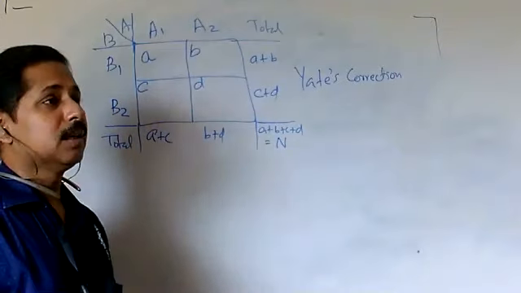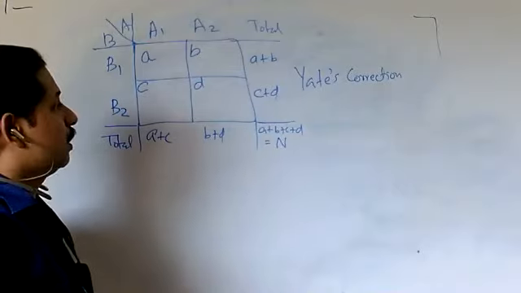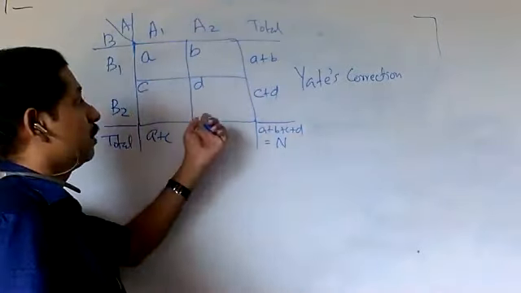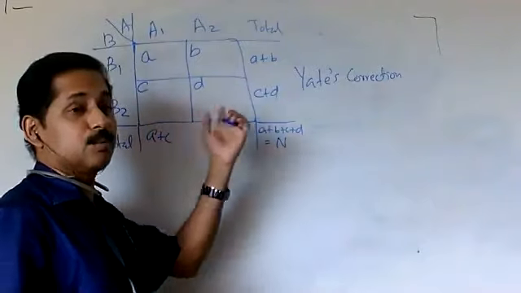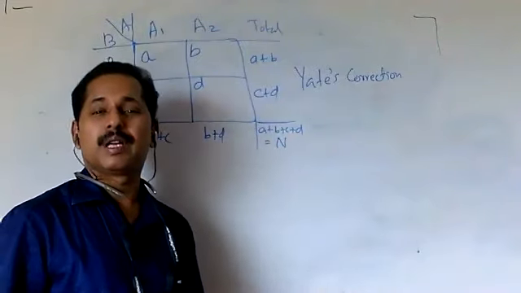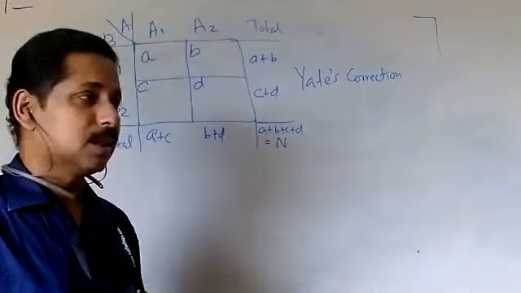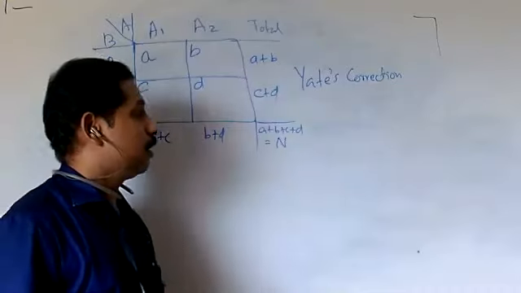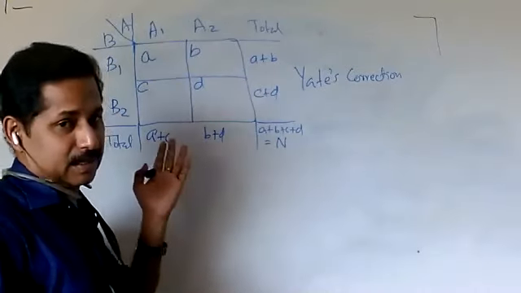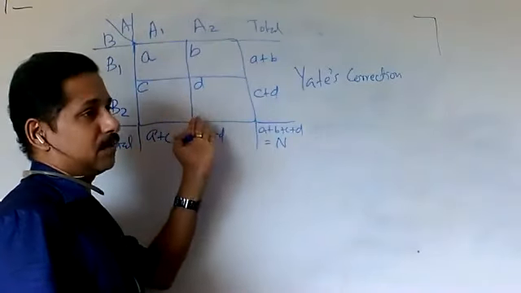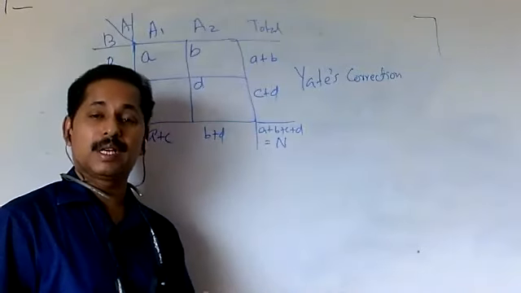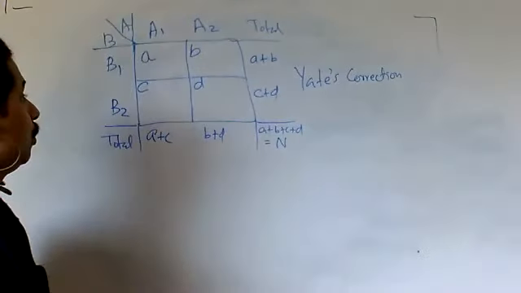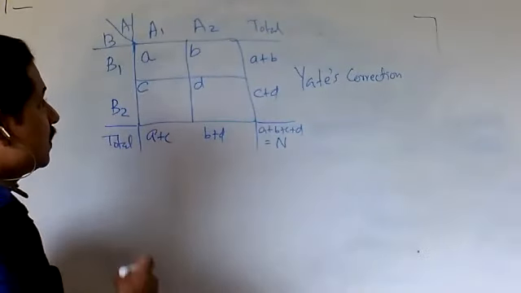But it is better; the chi-square test is more suitable for situations where the cells have more than 5 observations. Otherwise, the chi-square test is not suitable, but we can use Yates correction. I think the best choice is the Fisher exact test. If the observations are less than 5, then we may use another type of test called the Fisher exact test.